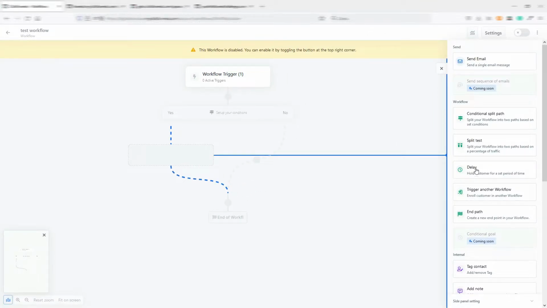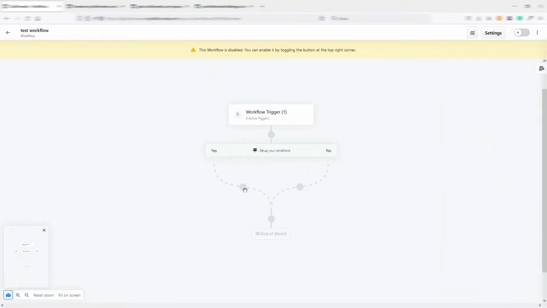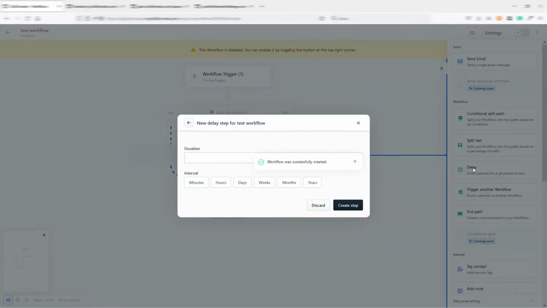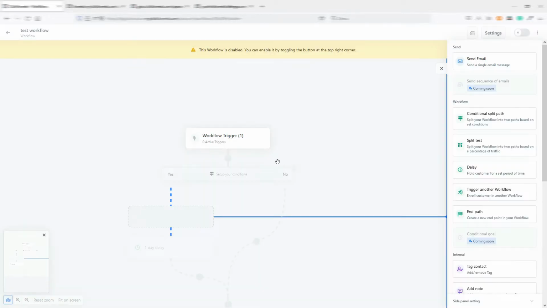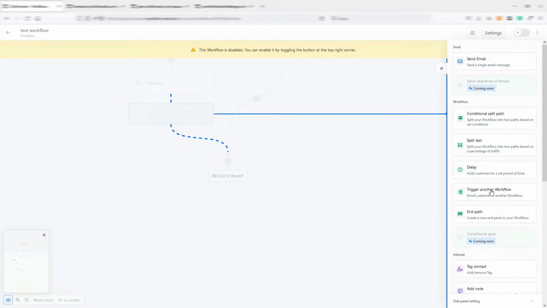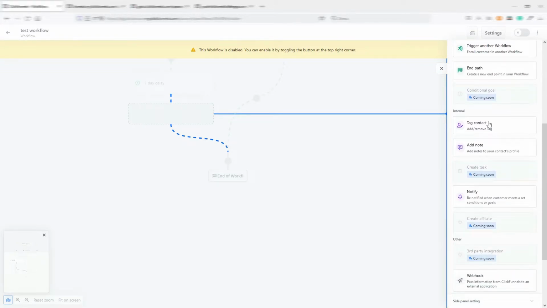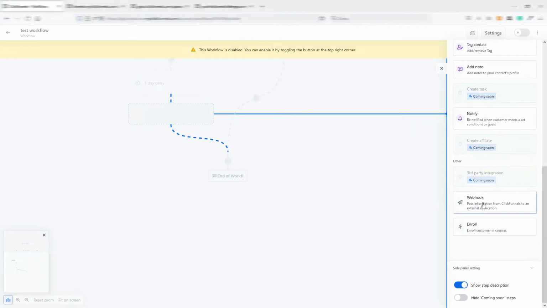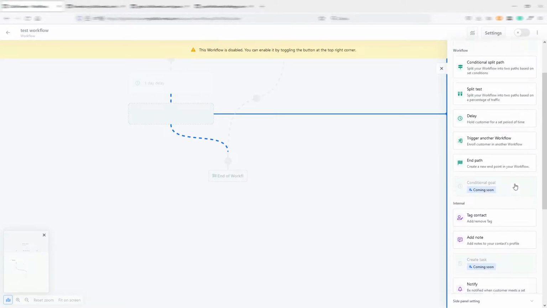You can insert a delay before sending maybe another email. In this case, as you can see, you can choose, for example, after 1 day, so a 1 day delay. Now I can insert something else, trigger another workflow and the path. I can tag contact, I can add a note, notify, I can insert a webhook, I can enroll in a course,